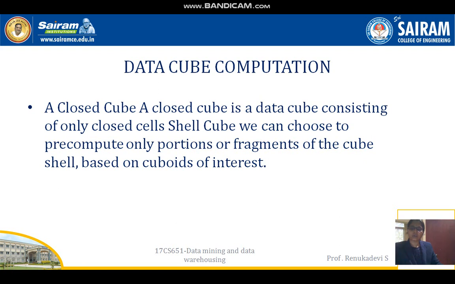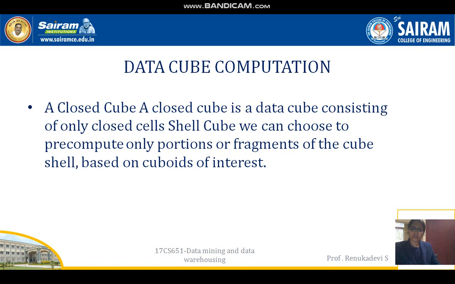suppose we know the data size on each dimension. With respect to that, we identify the minimum memory required when traveling in the respective order. In this method, the cuboids should be sorted and computed according to the data size on each dimension, keeping the smallest plane in the main memory and fetching and computing only one chunk at a time for the largest plane. The limitation is that full materialization computes well only for a small number of dimensions. For high dimensional data, we use partial materialization and bottom up computation rather than the top down approach.